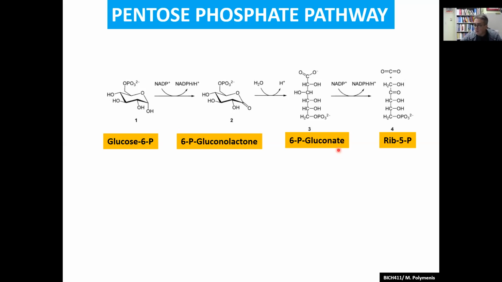Then the 6-phosphogluconate will be decarboxylated to a 5-carbon unit here, ribose 5-phosphate. And in the process, we're going to generate also one more NADPH. Okay, so we're going to have oxidative decarboxylation at that point. So this summarizes, in a sense, the key products of the oxidative part of the pentose phosphate pathway, which is reducing power in the form of NADPH, and we get the 5-carbon units that we'll see then how they can